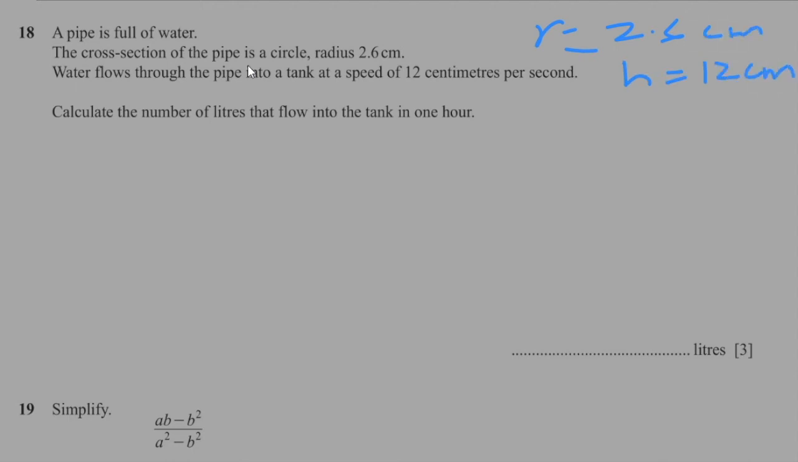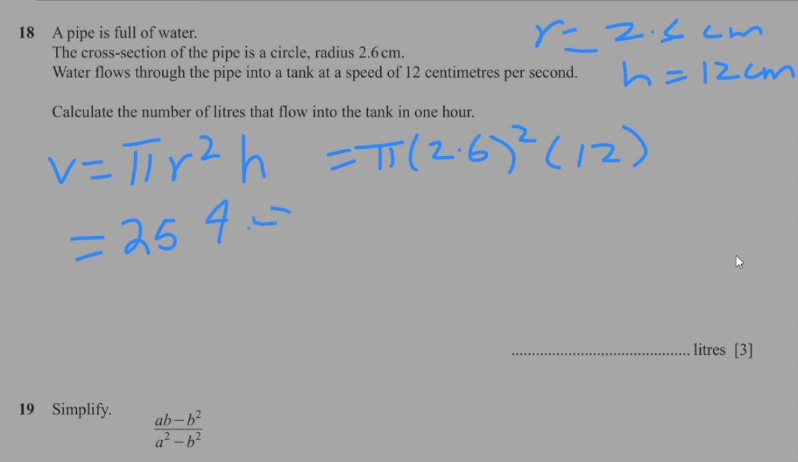Now we need to calculate the volume over here given in liters. I'll start by calculating the volume in centimeters and then converting it to liters. So the volume of a cylinder is equal to the area of cross section, which is a circle, so pi r squared, multiplied by the height h. So we have pi into r squared into the height, and so the volume is equal to